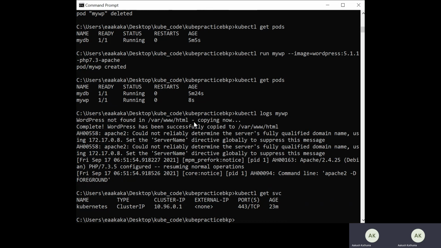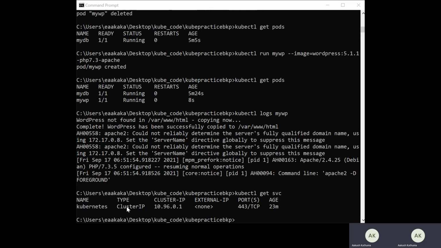In order to expose the WordPress pod so that it can take requests from external users, I need to use a node port, because in yesterday's session we understood how the node port receives requests from external clients, as there are three types of port: first is the port, the second is the node port, and the third is the target port.